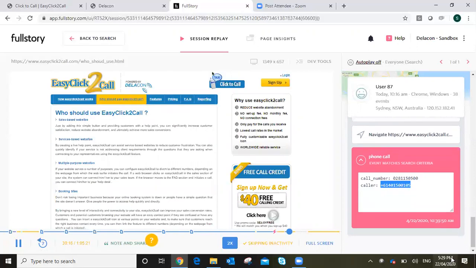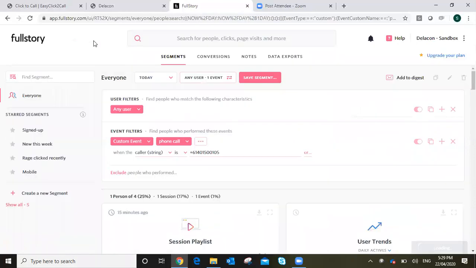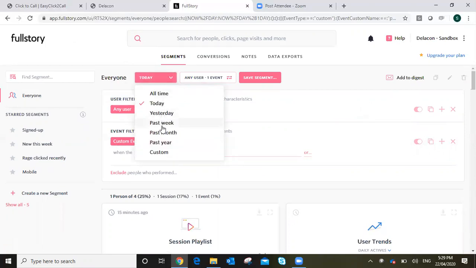You can see over on the right hand side now, the event matches search criteria here. So it's a call number that they phoned, and then there's also the caller phone number, the actual phone number of the person making that phone call. So that's a very quick visual description of what happens in Full Story with that integration. And we can obviously do reports and different queries and everything here,